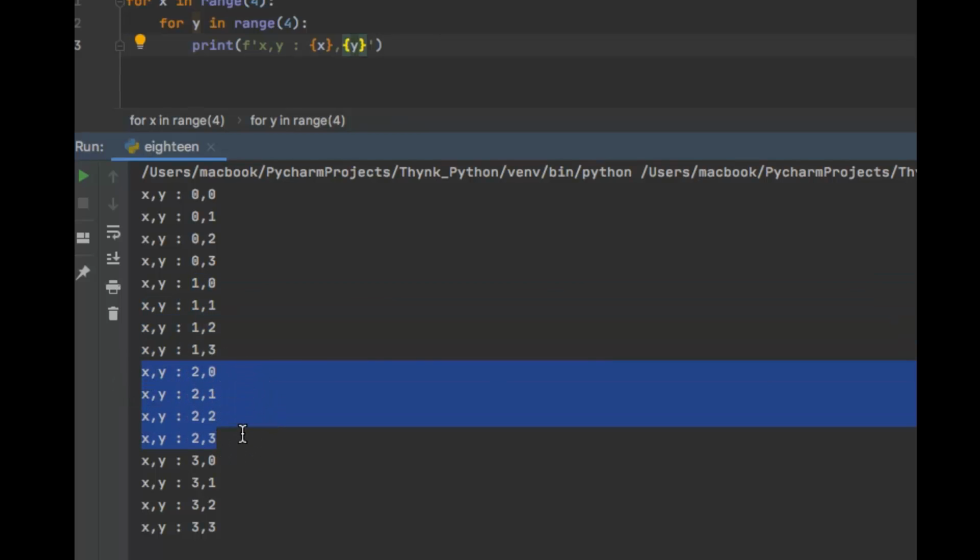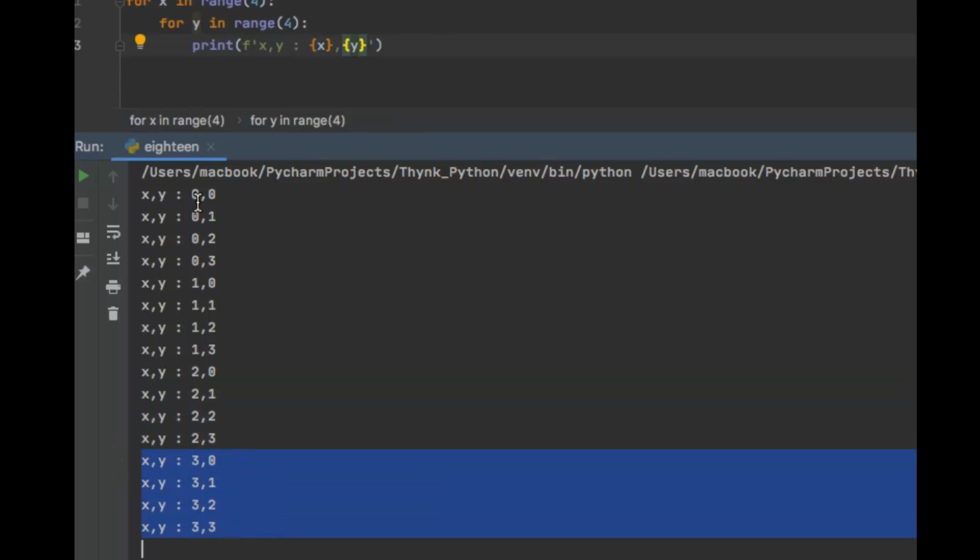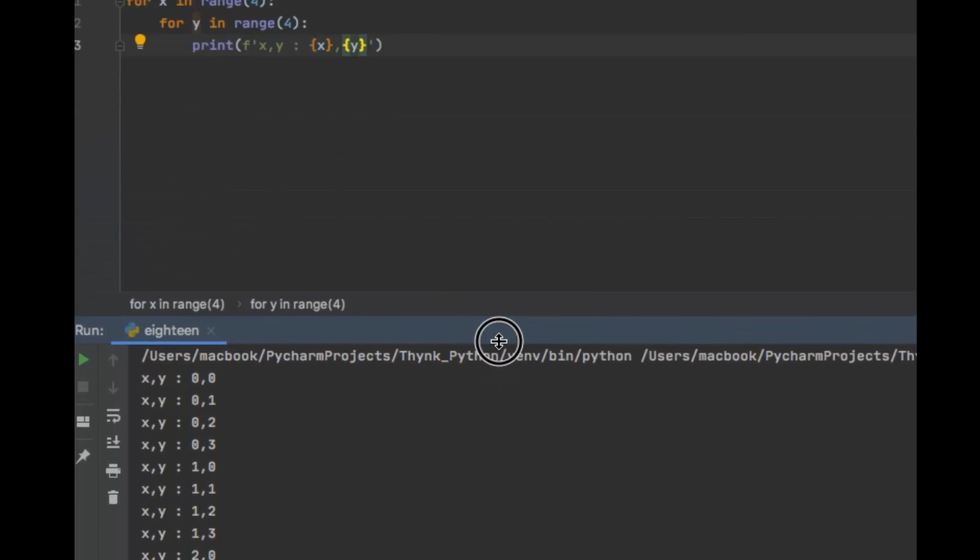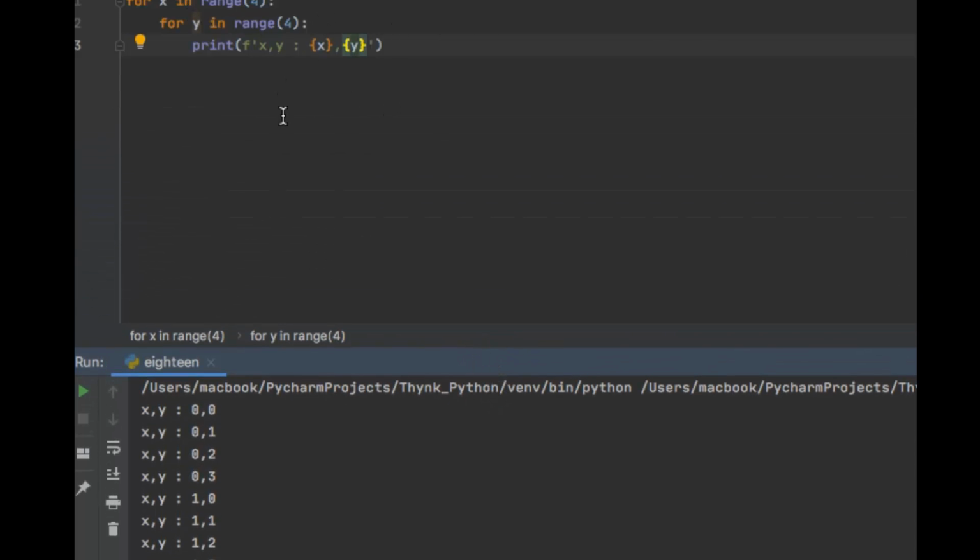X has changed to 2, and then it has changed to 3, and for all the 4 values of x we are having 4 corresponding values of y. So let us understand how this is generated by these 3 lines of code.